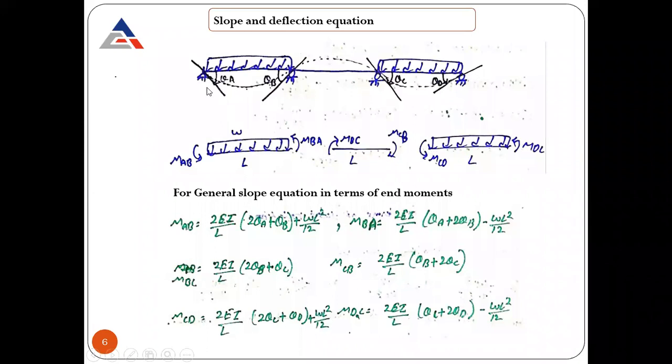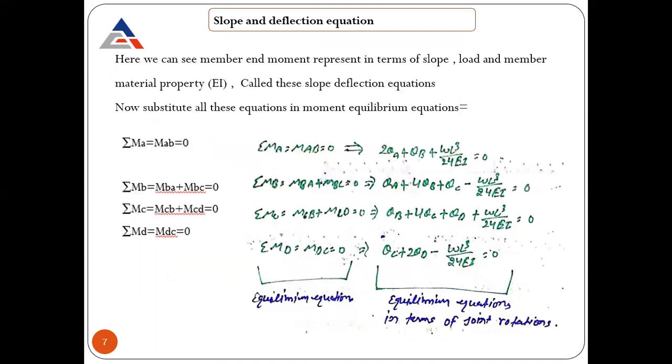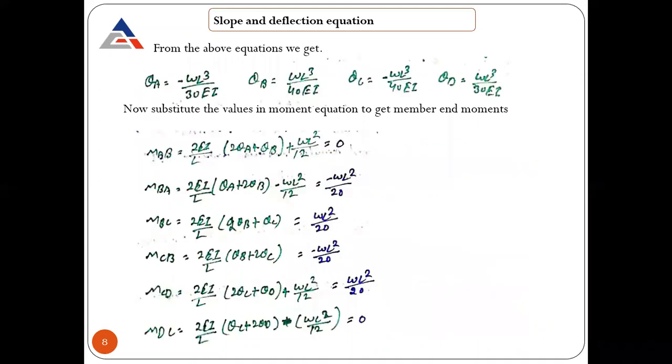If there is a continuous beam and its end supports are hinge or roller, in that case the value of bending moment will come out to be 0 only. Make a note of that line. I will show you in the further questions also, you will find that. If there is any other support like a fixed support, in that case the value will not be equal to 0. There will be a bending moment because the support itself provides a resistance against bending. You need to keep that in your mind. So that's why the value is coming 0.